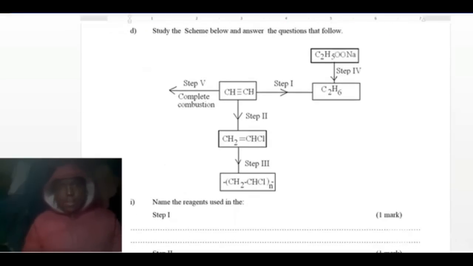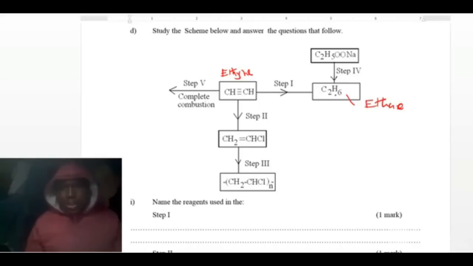Study the scheme below and answer the questions that follow. When you are given this one, you can say this is alkyne. 1, 2, this is actually ethyne. So ethyne will undergo step 1 to form ethane. So ethane has been formed from sodium ethanoate. So from sodium ethanoate, this is a